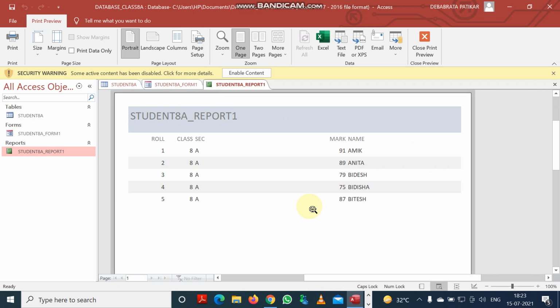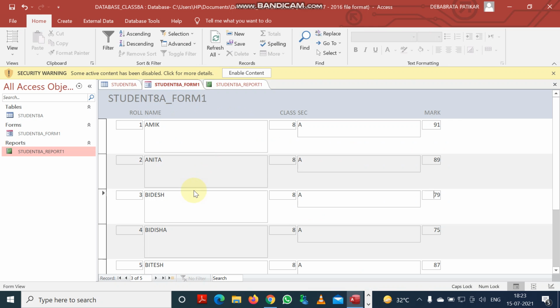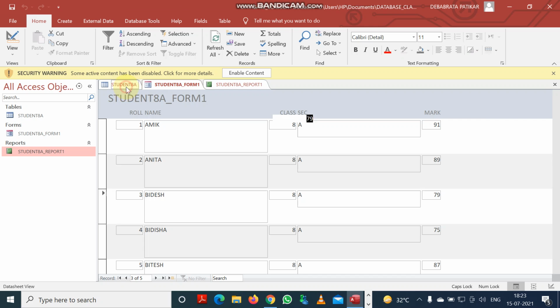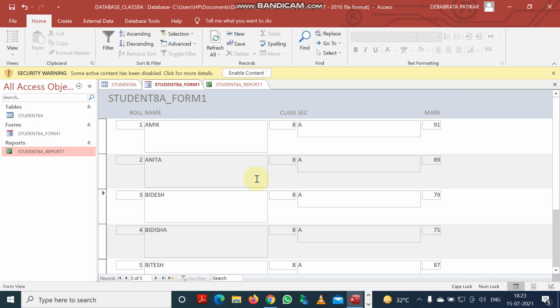So this is the basic and fundamental difference between a report and a form. In the form you could change and modify the data, and that change will be reflected in the original table.